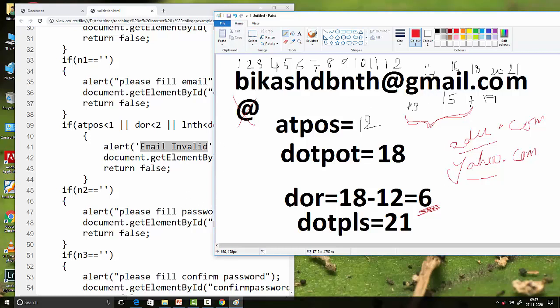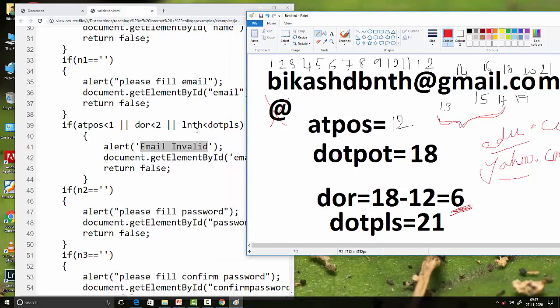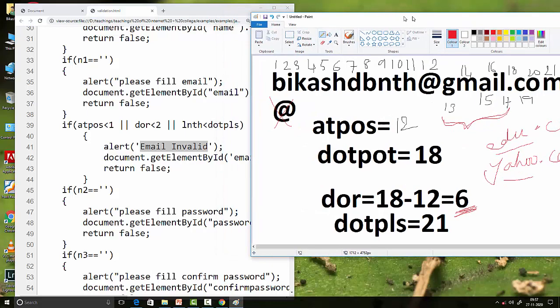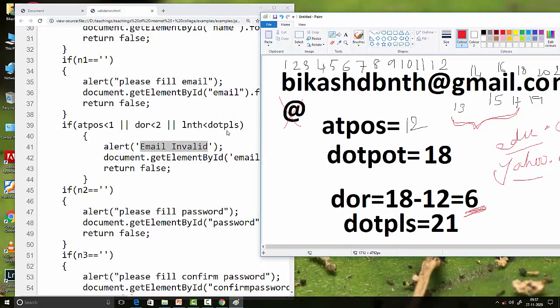So this is also a check. And at the last they are saying that the total length, here it is 21, should not be lesser than dot position.